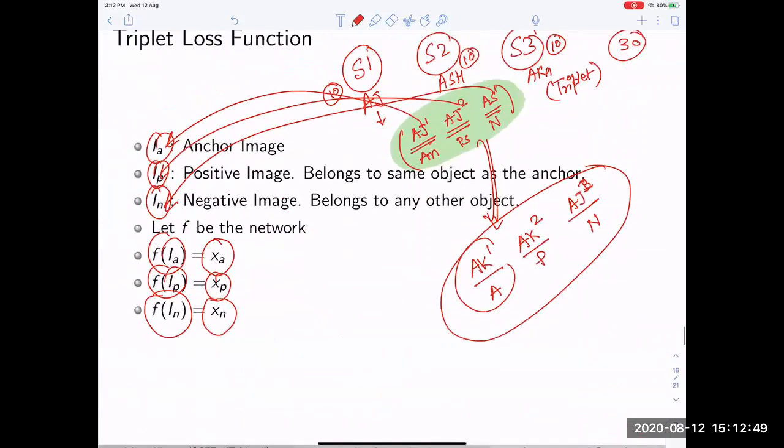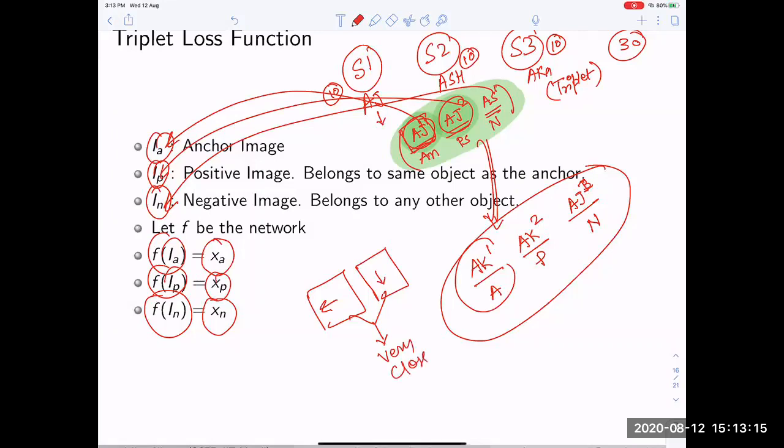So here, this and this, both of them are not very similar, although they actually belong to the same guy. But in this image, Ajay was looking in this direction, and in this image, Ajay was looking in this direction. Lighting variation was also there. Because of that, it was very difficult to somehow make them very close.